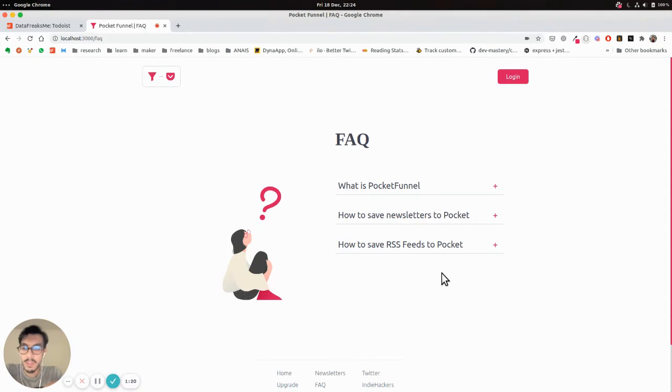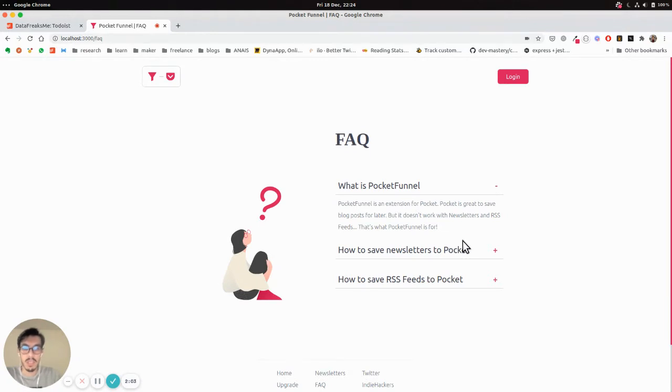There were a few solutions, but they were a bit clunky in that you couldn't really save newsletters. You had to send this email to create a web page, and then you receive the URL of this web page, and then you have to copy and paste it to Pocket to save it. So it was kind of a mess. And same thing with RSS feeds. In the forum, I think it was in Stack Exchange, the user wasn't really convinced by the solution they found. And so I thought maybe for SEO purposes, I could build this really quick FAQ where I just